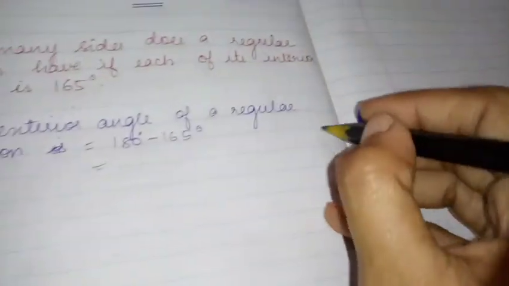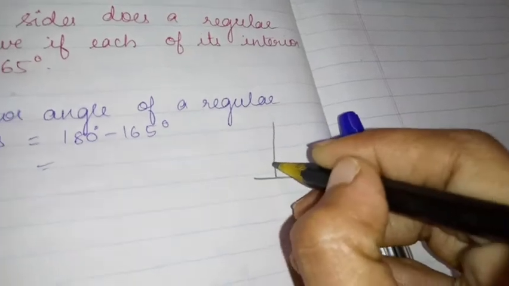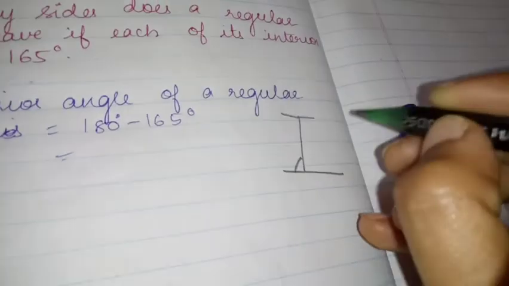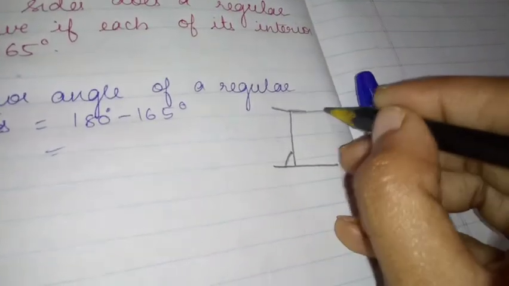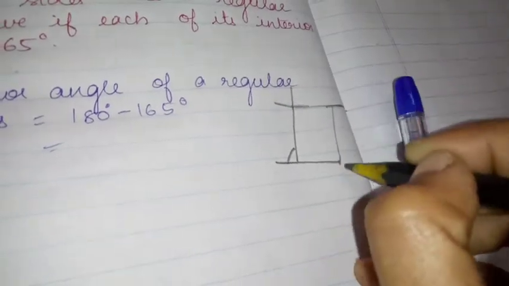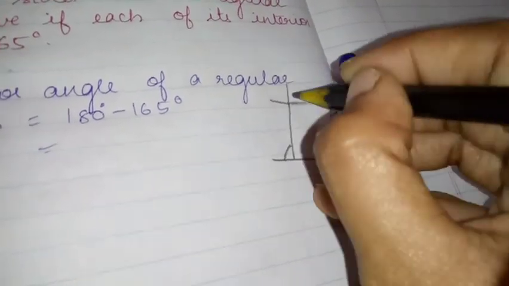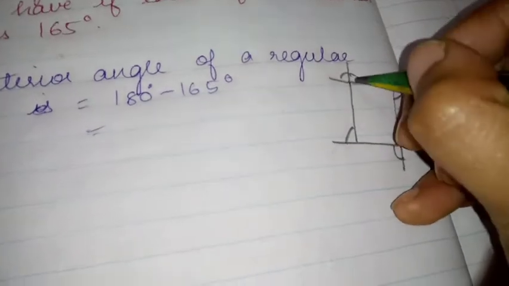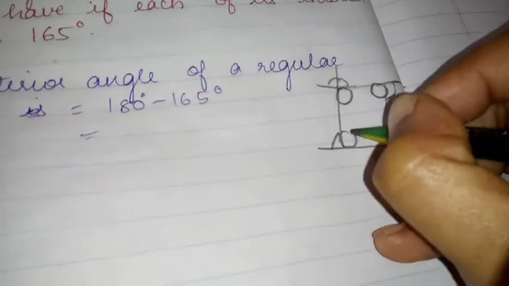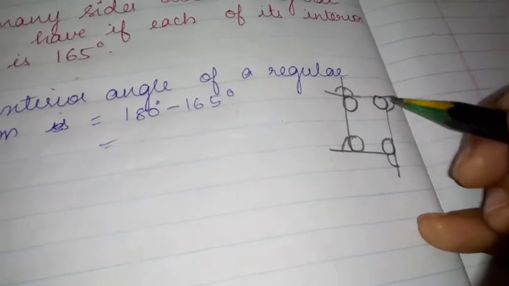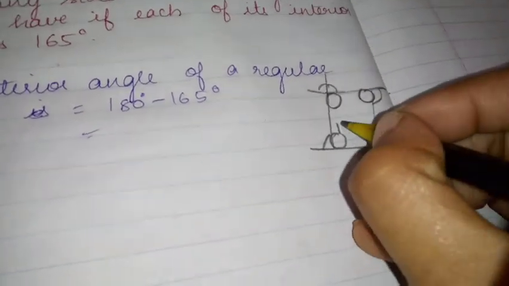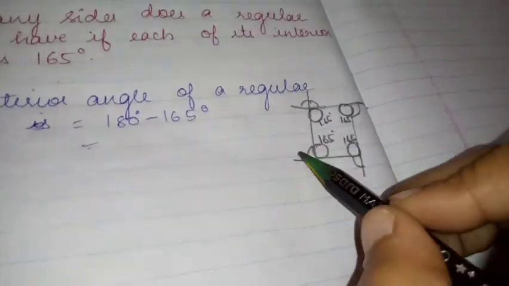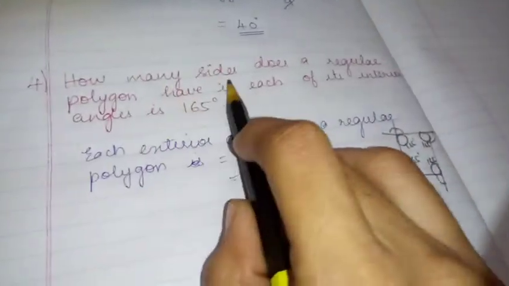See, actually, this is your exterior angle, correct? This is your exterior angle, and this is your exterior, this is your exterior, this is your exterior. Everything is your exterior angles. Okay, this is also your exterior angle. But this is the interior angle, is it? The circled one is your interior angle. They have given the interior angle. We are going to find the exterior angle. Only then can we find the number of sides.